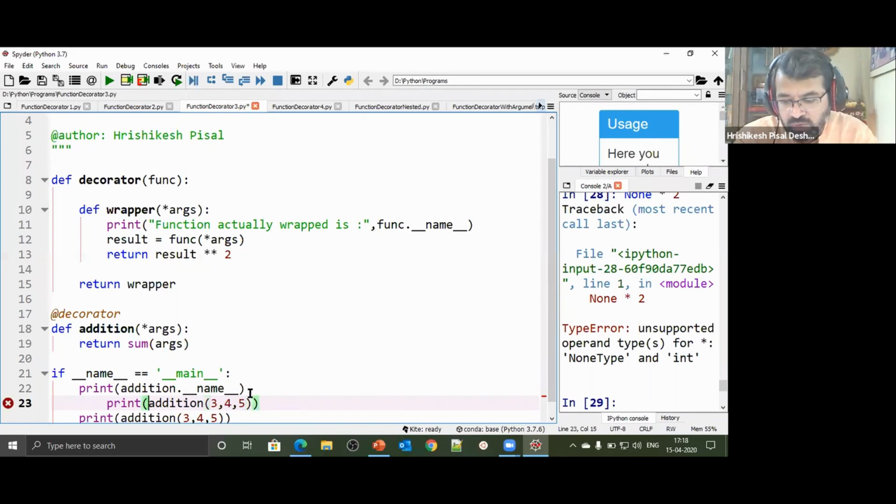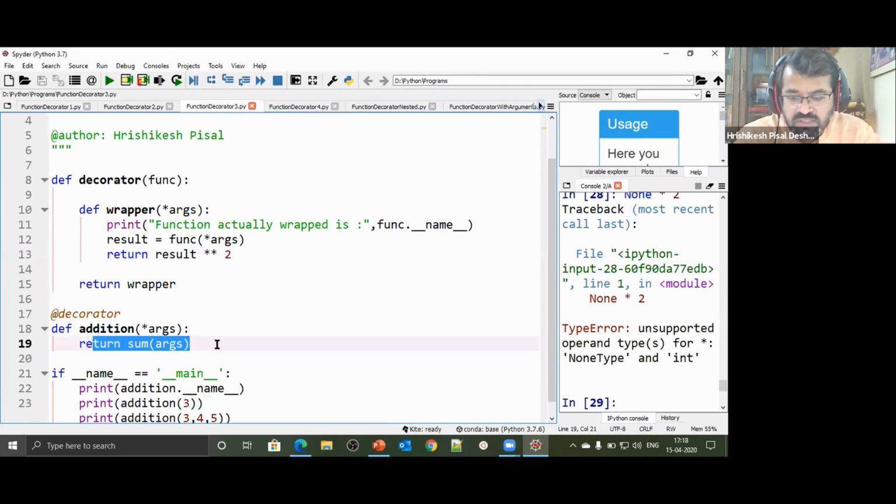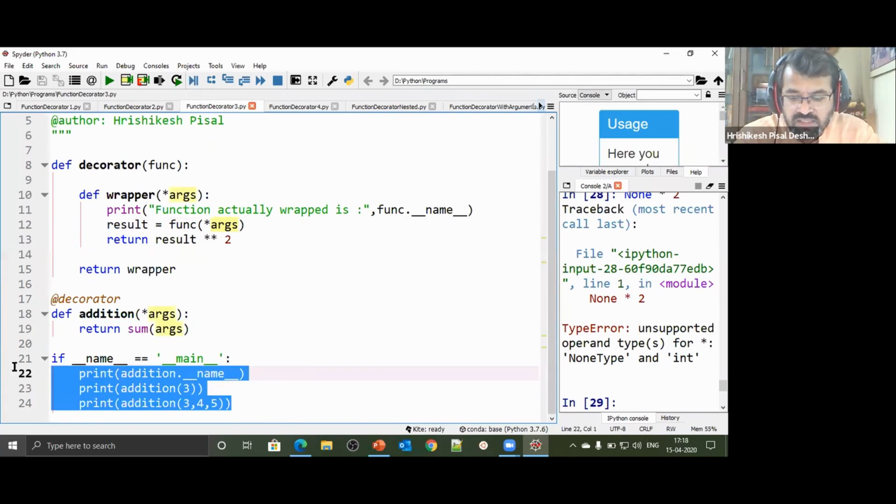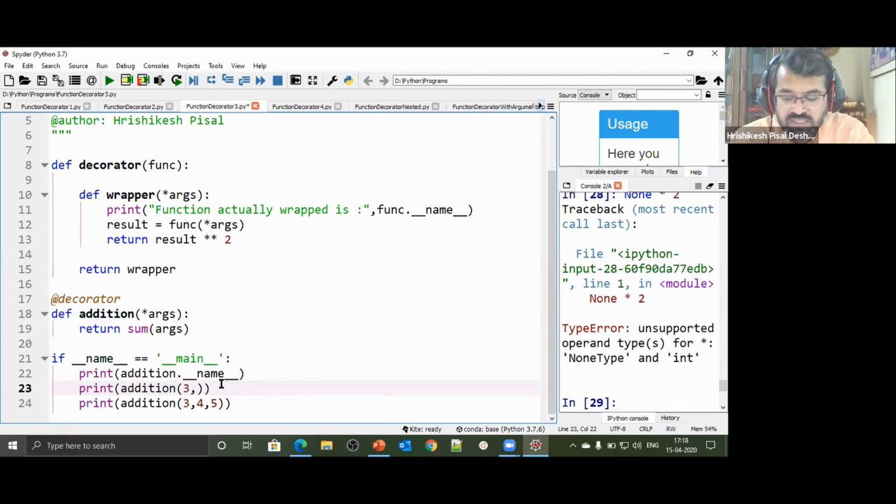The best thing about it, if I was not going to alter the behavior, is that you may pass or you may not pass arguments. You may pass only one argument. Suppose, for a moment, I was not returning this result squared, and I was going to print some extra statement over here. In that case, you could have passed any number of arguments. But in this case, in one place I have passed 2 arguments, and in another place I am passing 3 arguments.